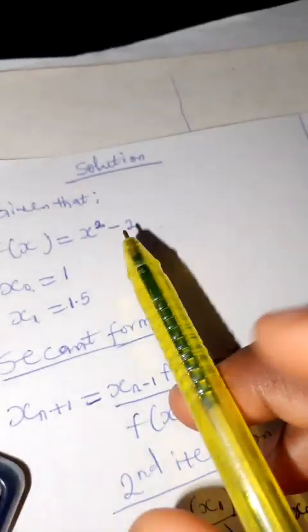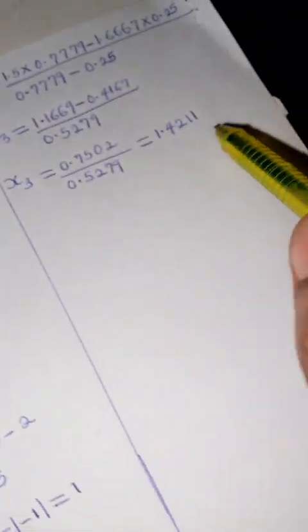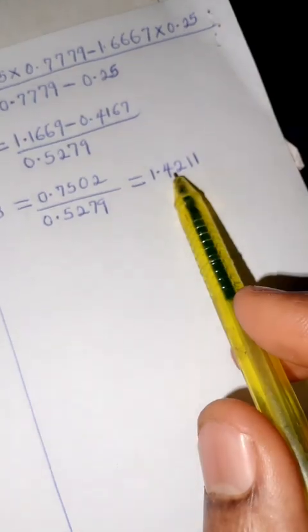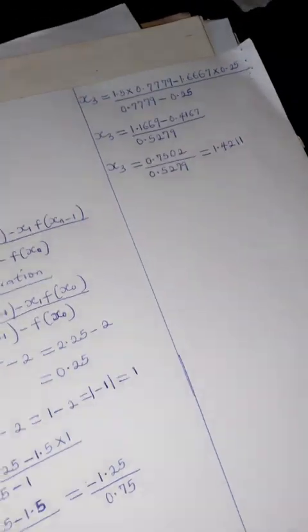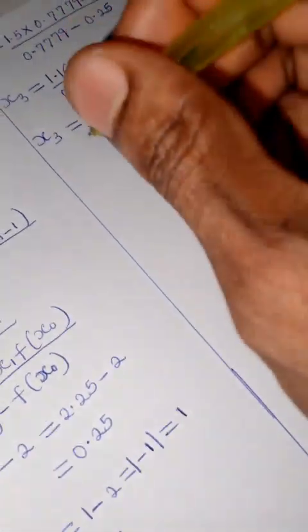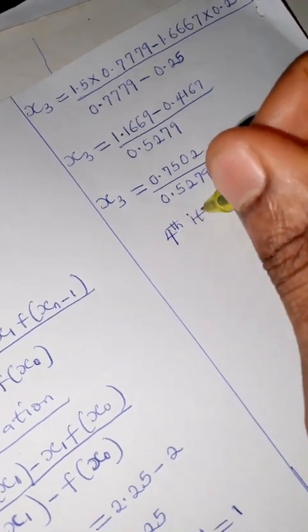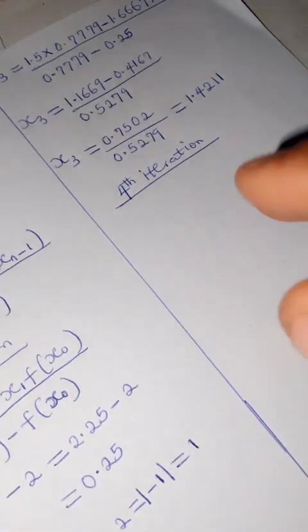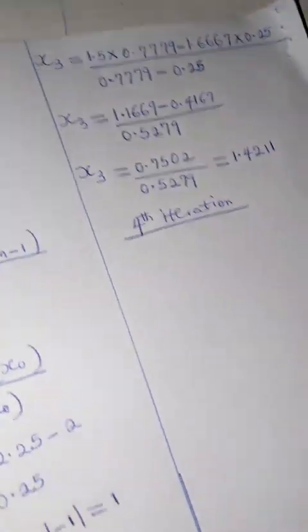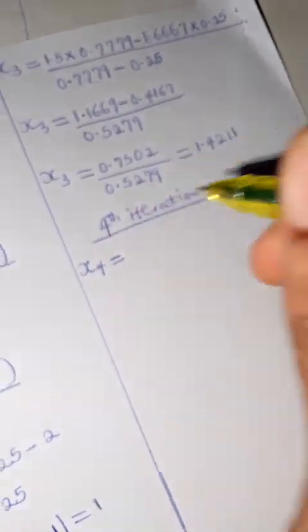We can see if we take the square root of this, the answer is not this. Since the square root of this cannot be this, there is need for us to what? Do our fourth iteration. Our fourth iteration is what? x4. I'm going to have x4 equal to,